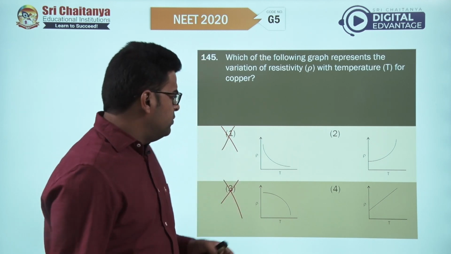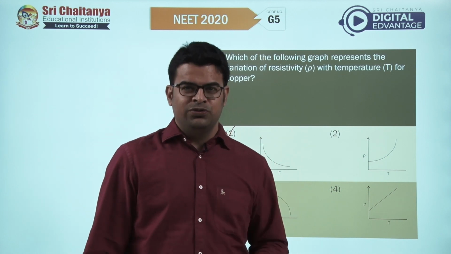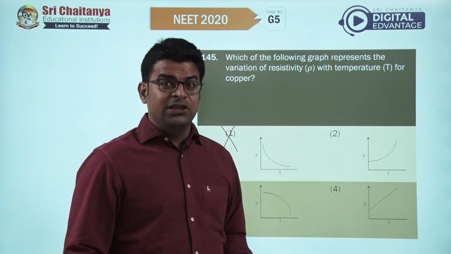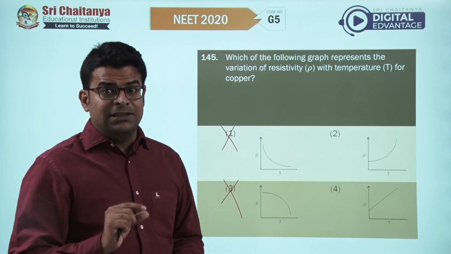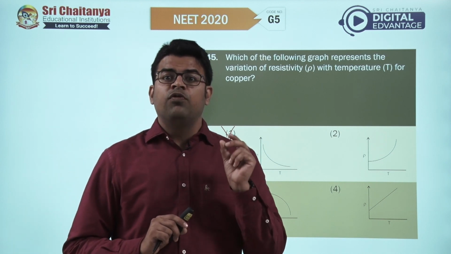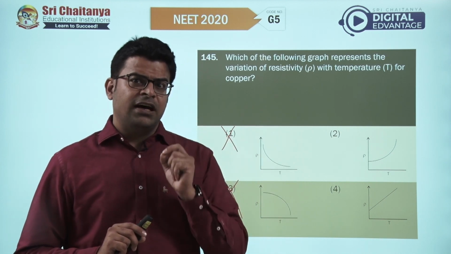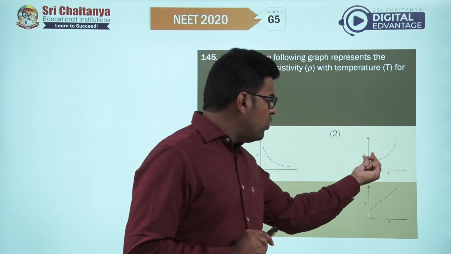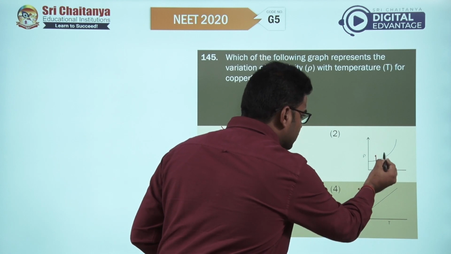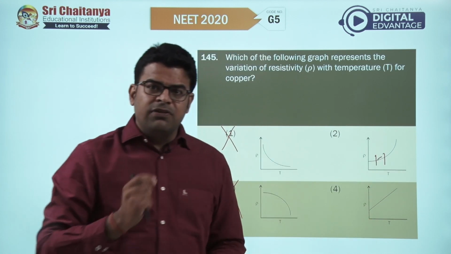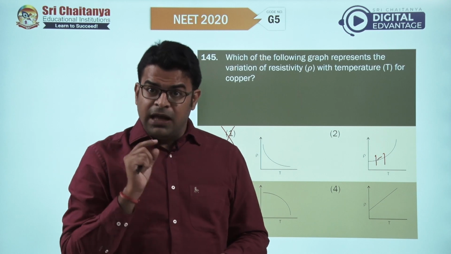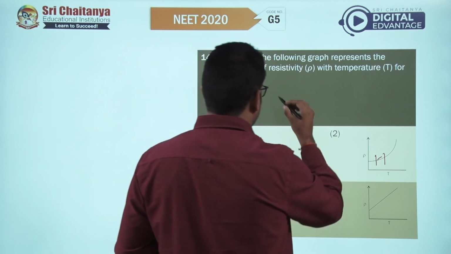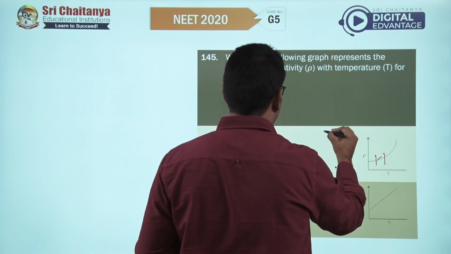Now, we are left with two options, either option 2 or 4. Which one to choose? Now, there is no linear change. Though we learn linear formulas in class, linear change works only for a small range. I have said it in class many a time, any small part of a curve looks like a straight line. So, for a small part, if you look on this curve, you will see a straight line. That is why we teach linear changes, but actually it is not linear, it is a curved part. So, that is why the correct answer to question number 145 will be 2.